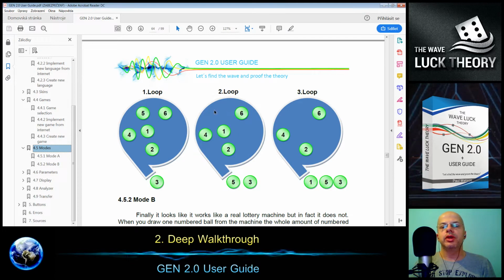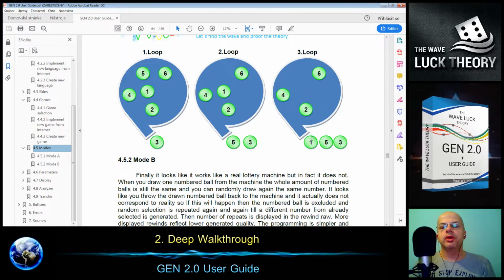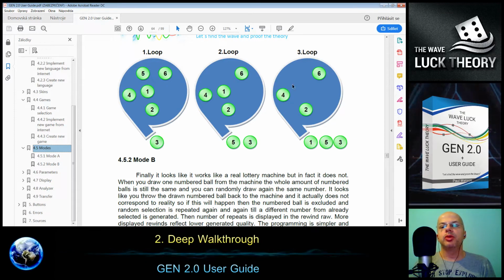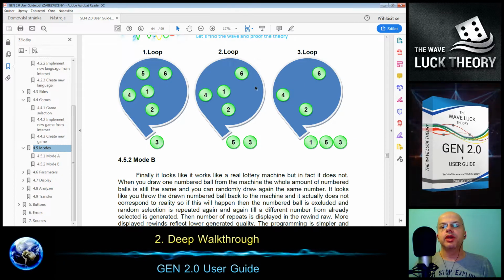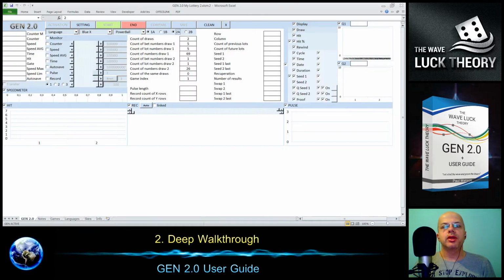So here is not the problem like with mode B. Then the second number is selected, the amount of numbers is reduced to 4, 2 numbers are outside, and finally in the third loop we randomly select the third number, and 3 numbers are still in the pool. So that's all about the modes, and I will hide it for now and come back to the interface.